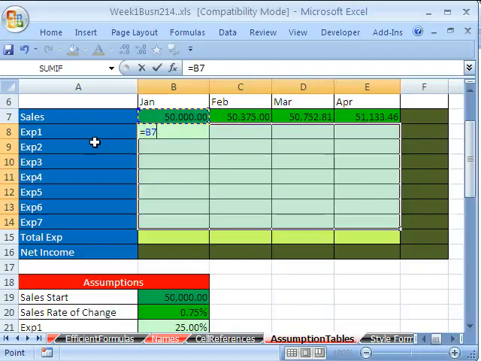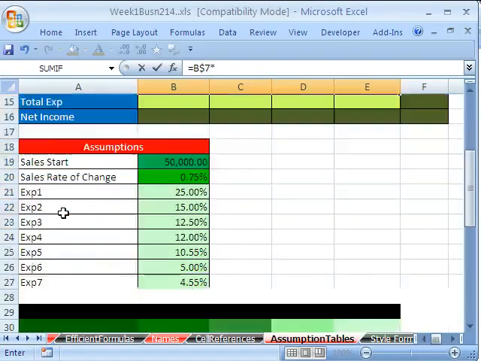So how do I lock it going down across the rows? I hit F4 twice, $ in front of the number. But notice no $ in front of the column reference, so when we move this formula this way, it'll be looking at this 50,375. Now we want to multiply, and now expense 1 through 7 is in the same orientation,